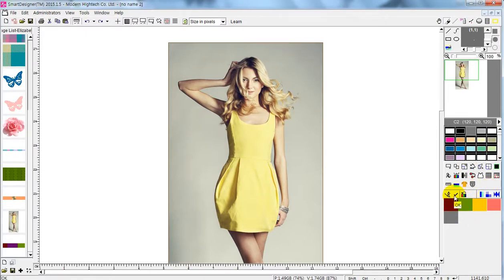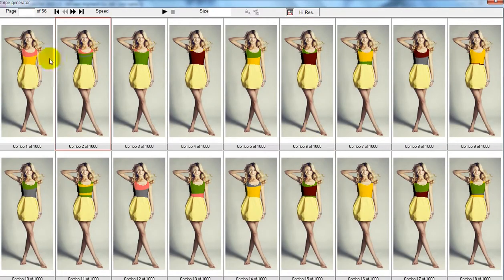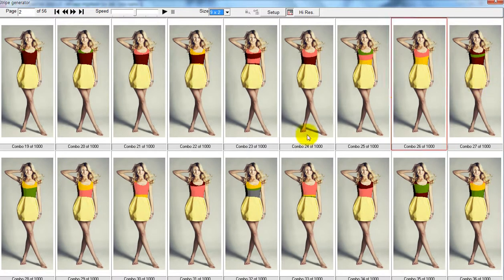Okay, now let's see what happens when I click OK. So this is pattern combo in the draping mode. So when you click OK, you can either use the existing combo that we created a while ago, or you can generate from the start again using these colors. So I'm just going to generate it again. So as you see, the stripes are being applied onto the